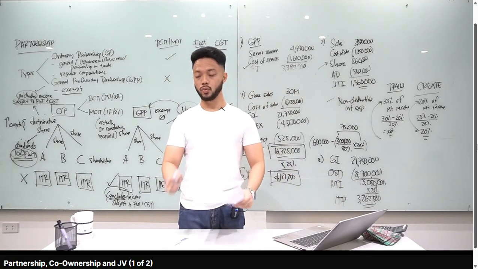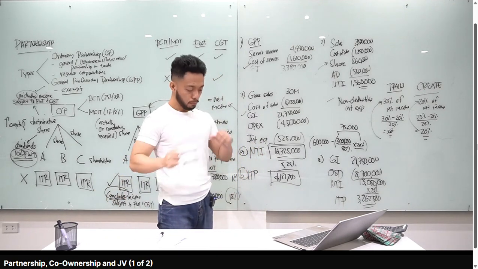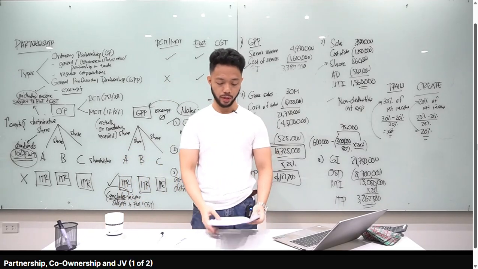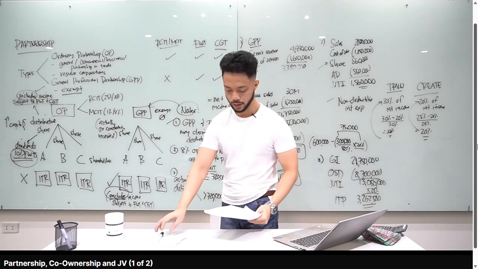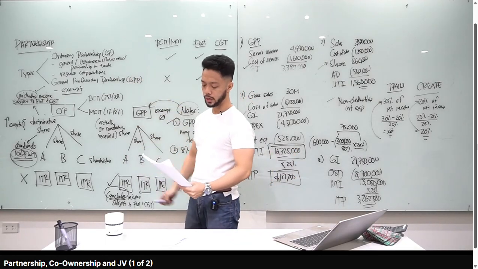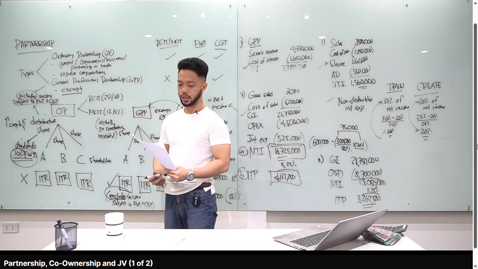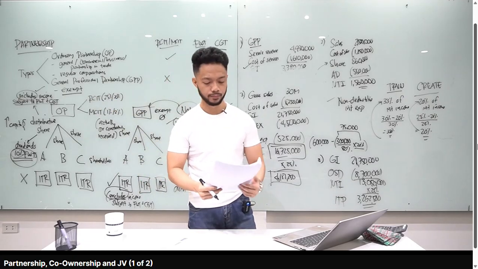Sagutan natin yung mga related questions, theory questions sa partnership. Number 1, for purposes of taxation, partnership is classified in two majors, ordinary partnership and GPP, that's correct. Ordinary partnership is treated as a corporate taxpayer, correct, regular corporation. General professional partnership is exempt from income tax. That's correct. Letter A, 1, 2, and 3.